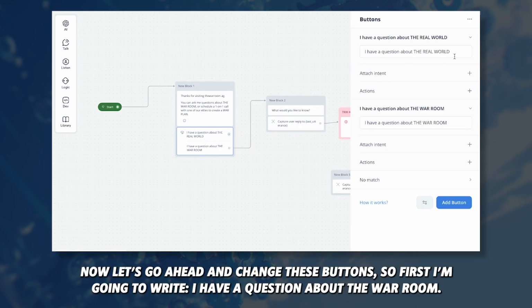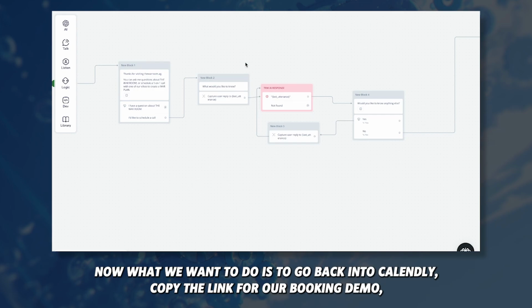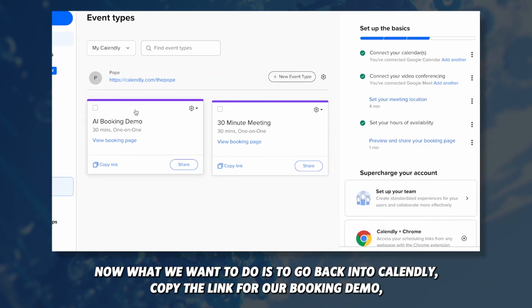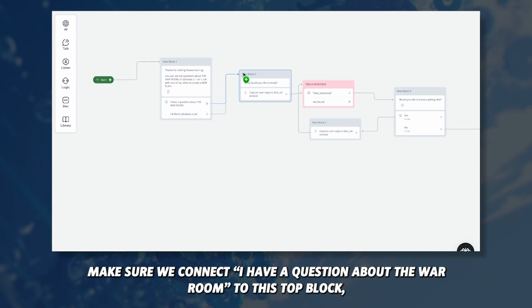Now let's go ahead and change these buttons. So first I'm going to write, "I have a question about the war room." Then for the second button, I'm going to write, "I'd like to schedule a call." Now what we want to do is go back into Calendly, copy the link for our booking demo, make sure we connect "I have a question about the war room" to this top block, and then we want to